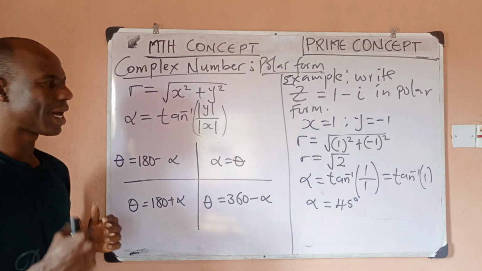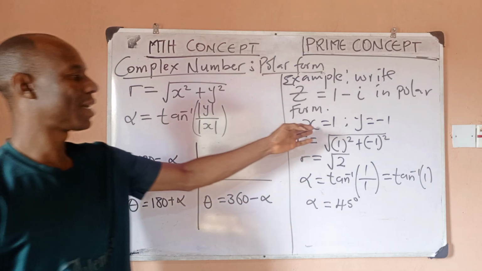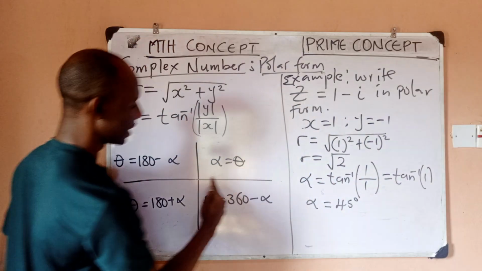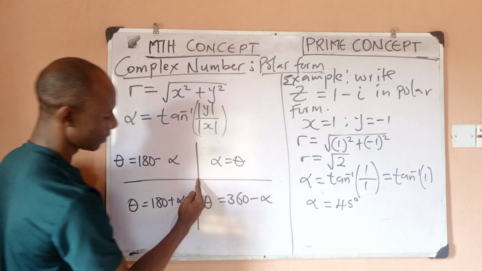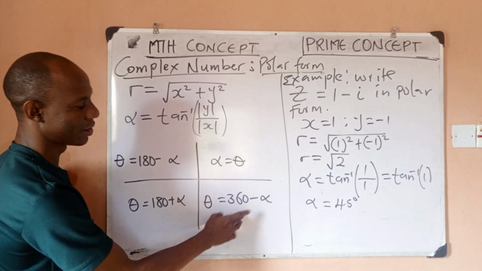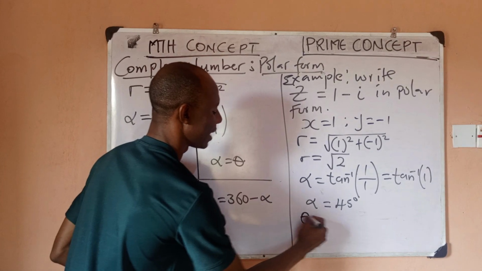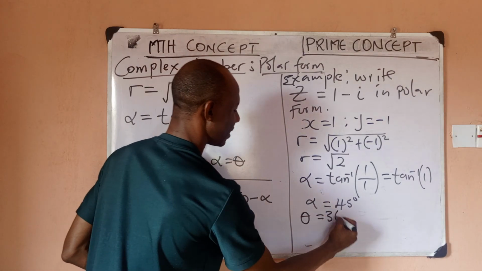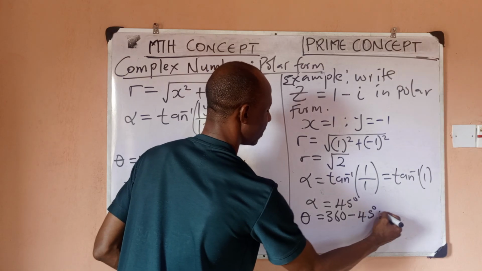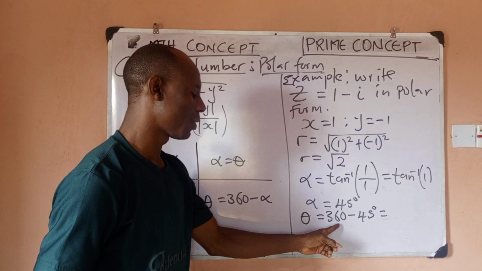Now, thirdly, I want to ask myself, which quadrant does this complex number fall? So x is positive, and y is negative. Positive x, negative y falls in what quadrant? The fourth quadrant. And in my fourth quadrant, to find theta is simply going to be 360 minus alpha, so minus 45 degrees. So if I do this subtraction,